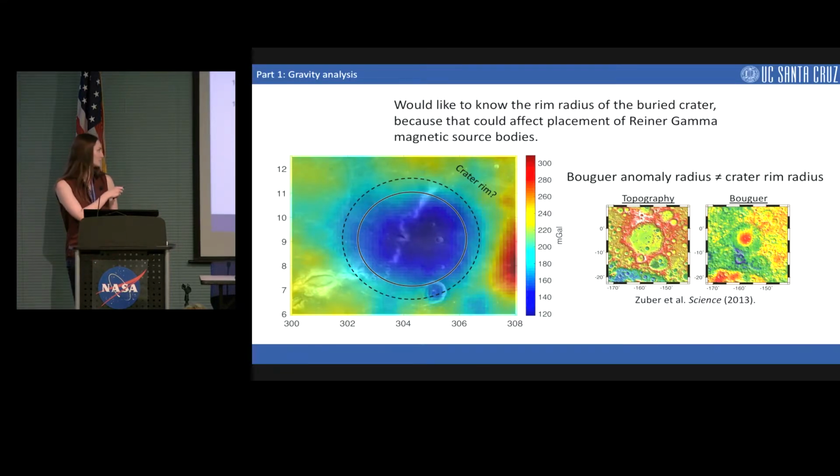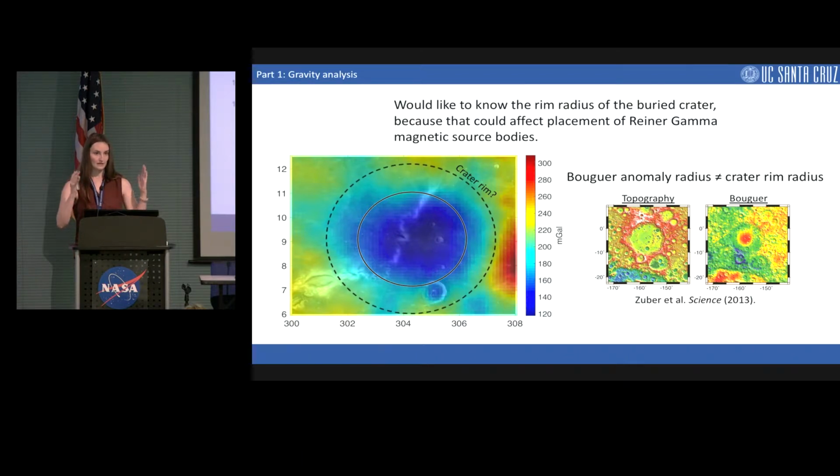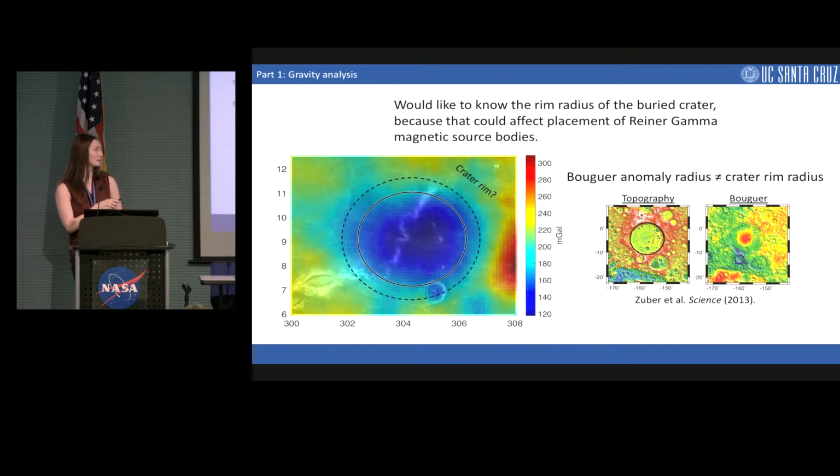So here's that same map again. The solid circle shows the size of the anomaly that they identified in the Evans 2016 paper. And we don't know exactly where the crater rim is outside of that. We have a general idea of what proportion it should be at, but we don't know exactly where it is. And just for comparison with a positive anomaly, here's the topographic rim of the crater, and you can see that it is outside the